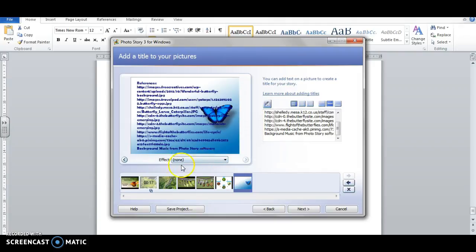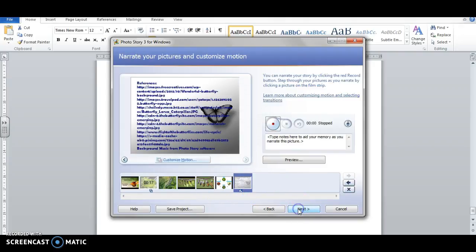Now you're going to add the effect to it. According to the rubric, we're only allowed to choose black and white. So I'm going to choose that, and that's how it's going to change it. So you're done with that now. The next part